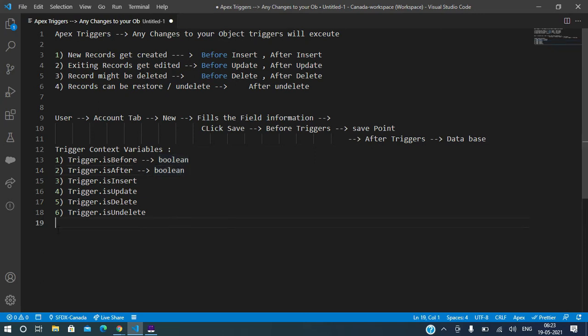If I say, write a condition for after insert, then we'll say if Trigger.isAfter and Trigger.isInsert. Now this condition will only be satisfied when both values are true, isn't it? When will both values be true? Only in the after insert case, right?